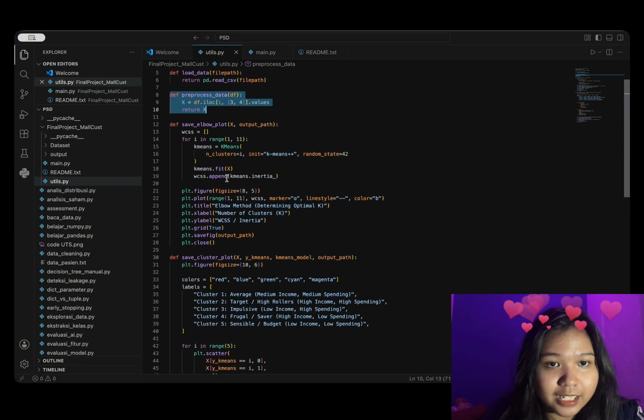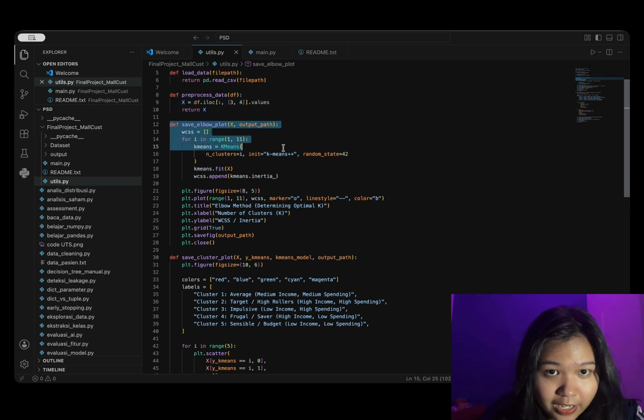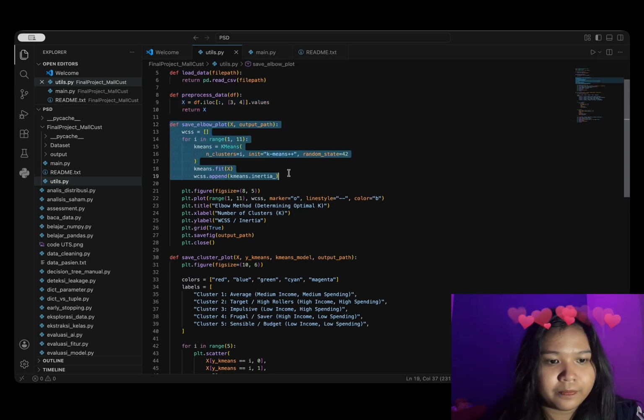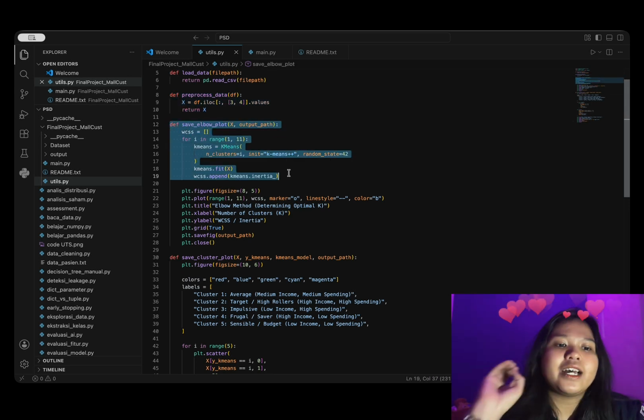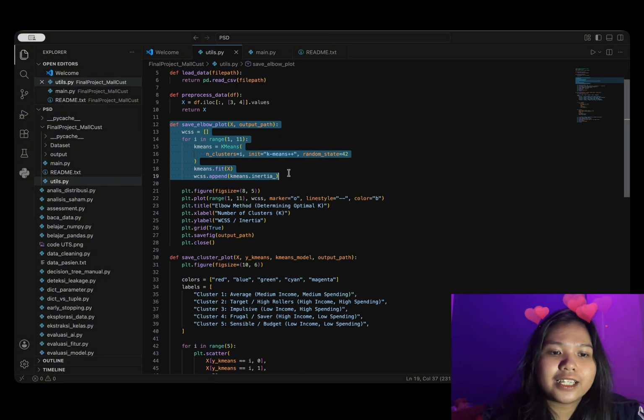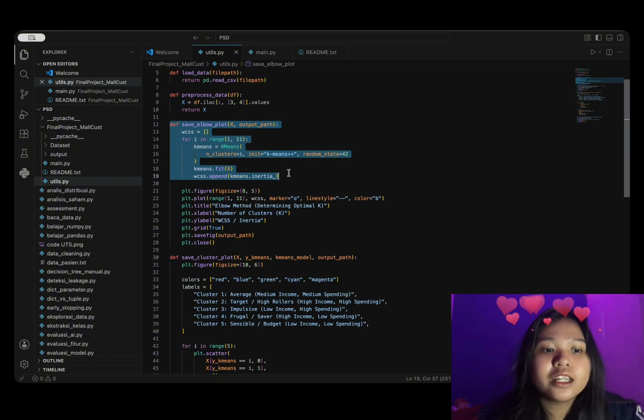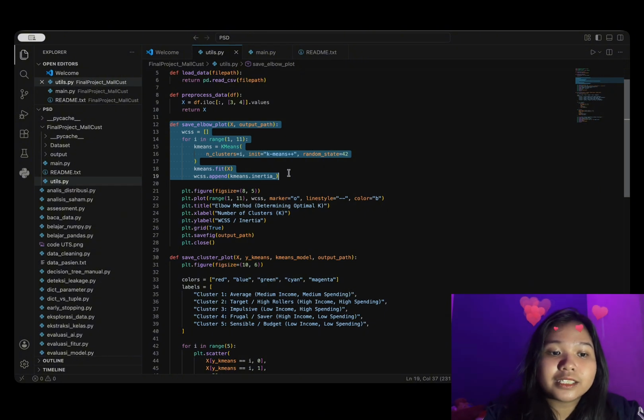Okay, next is save elbow plot. In this step, I first initialize an empty list to hold the within-cluster sum of squares, or WCSS, values, measuring clustering variance, and then loop through cluster sizes from 1 to 10.